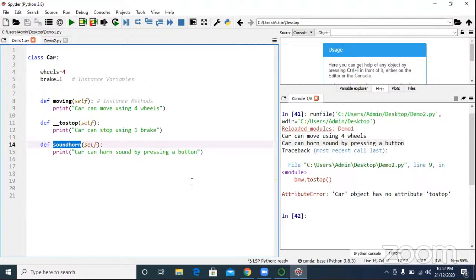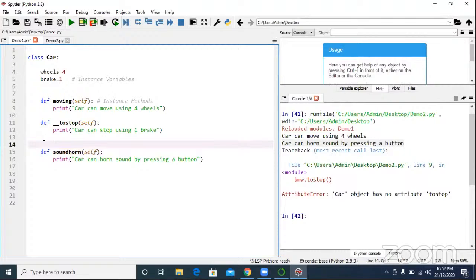You can call it by class name. Without creating an instance, we can call it. Without creating an object, we call the method using the class name. So actually moving is a non-static method. To stop is a non-static private method. Sound horn is a non-static method now.